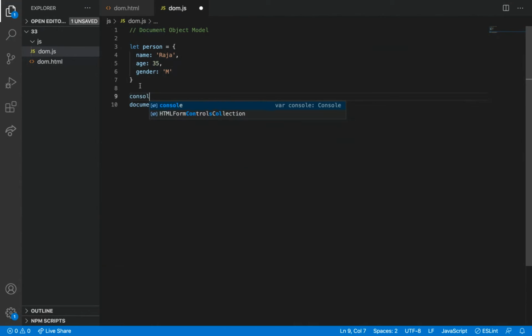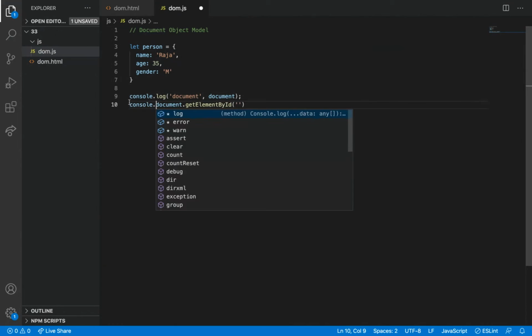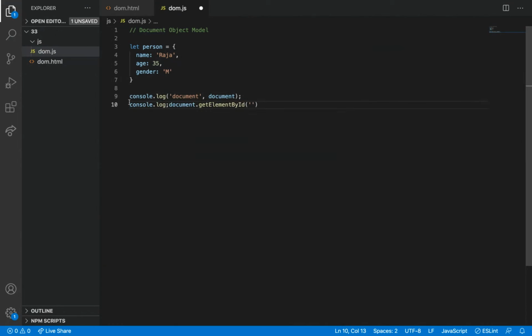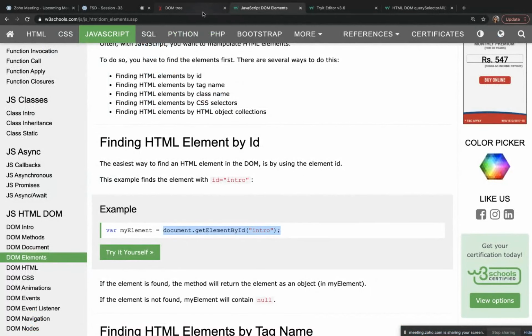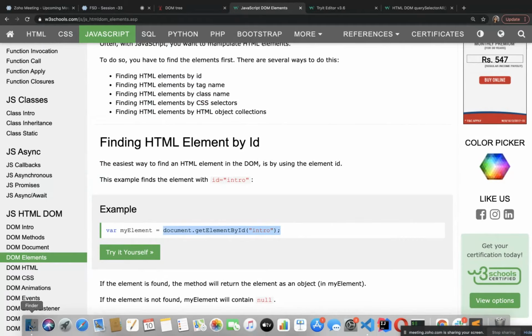Let me do it once again. Console.log. What I'm going to do is get the element which has the ID.